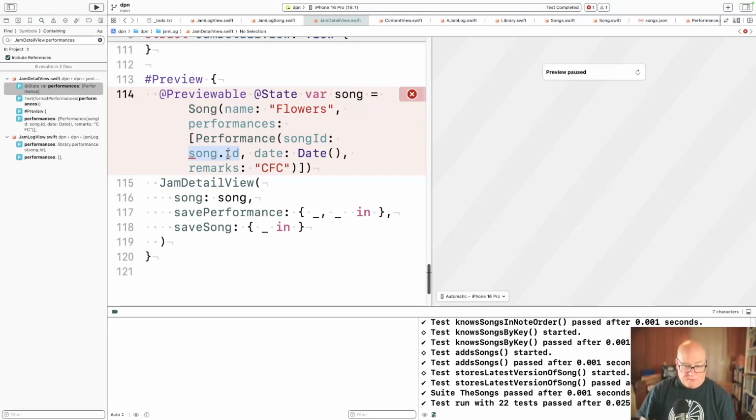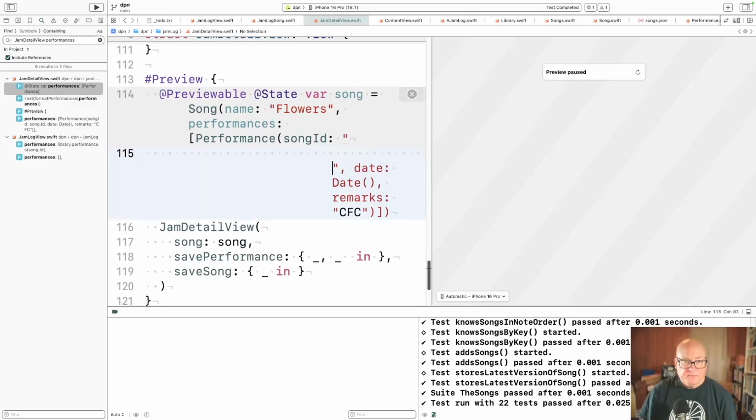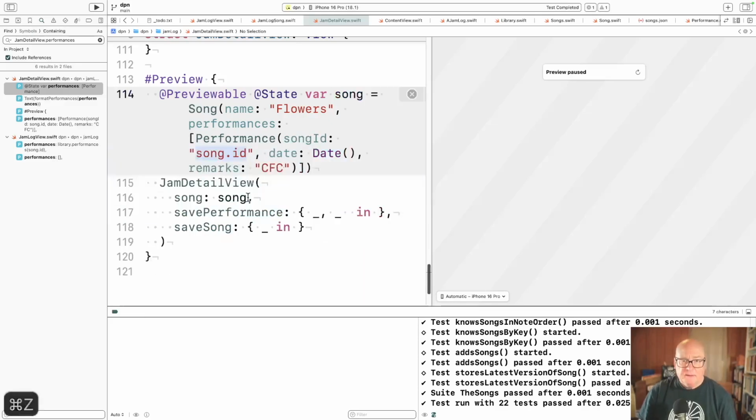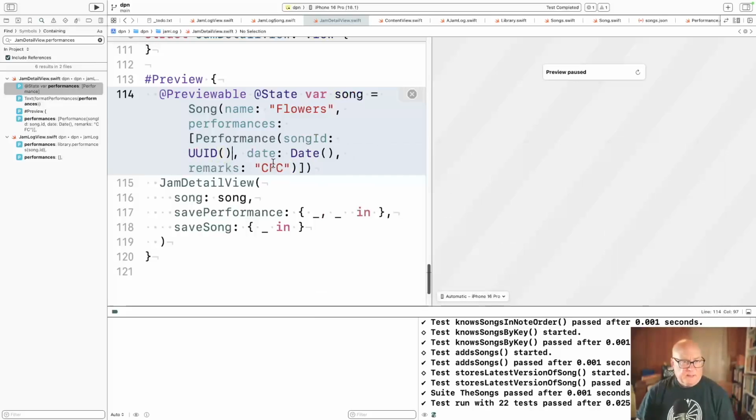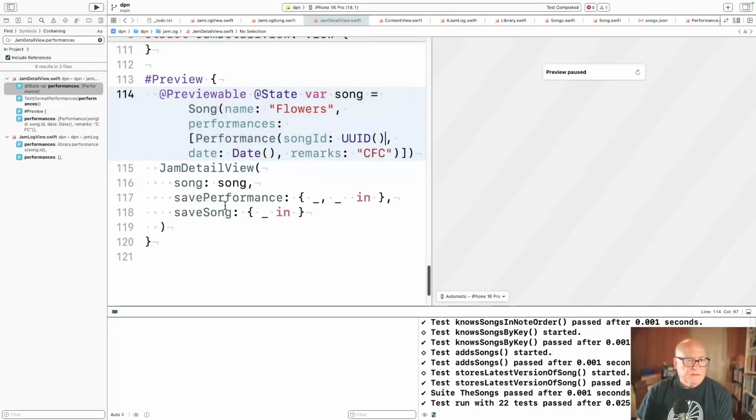We don't really care about it anymore. Can I make it? Is that legal? Or it's a UUID? Okay, it doesn't matter what it is. All right.